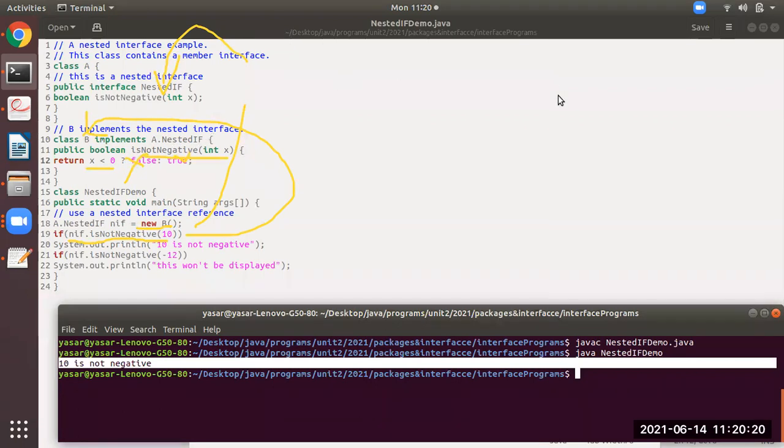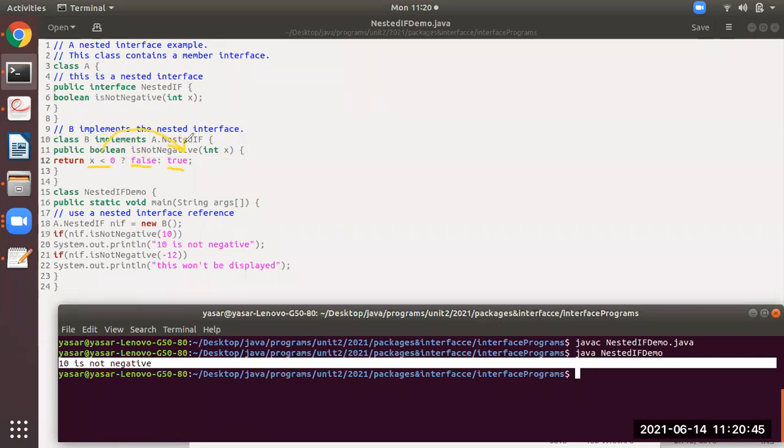I'll clear the drawing. See here, we are at line number 12. This is known as the ternary operator or conditional operator, which I have already explained. This is expression 1, till the question mark. After the question mark, that is expression 2, till the colon. After the colon, that is expression 3. So you see, expression 1, 10 less than 0, is not correct, so the answer will be expression 3.